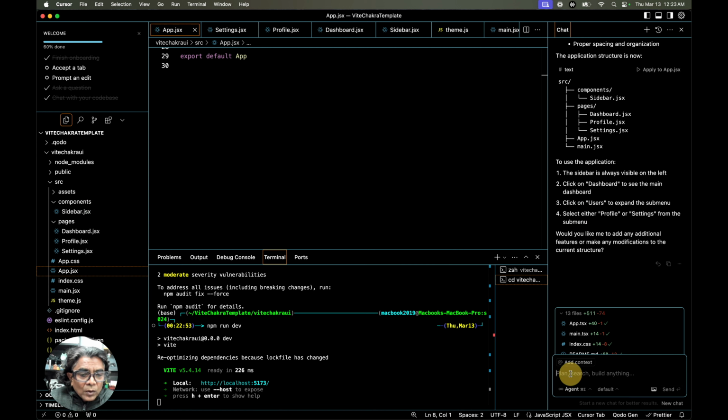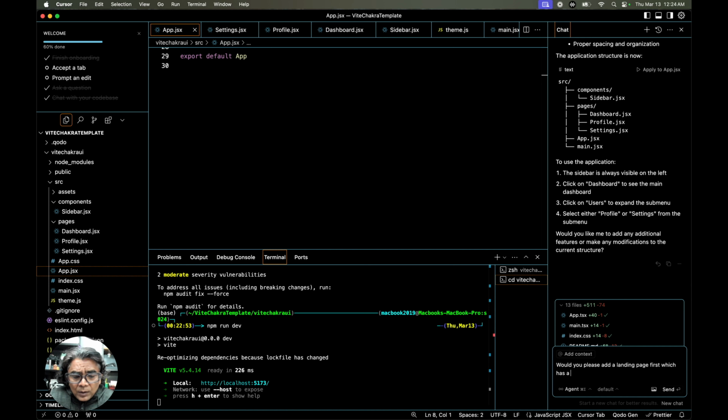Okay, so we can say: would you please add a landing page first, which has a login button, which has a login menu or login option at the top navigation bar. Okay, when login is clicked,